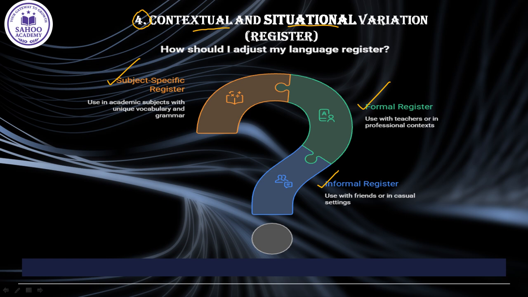Now, let's take this crucial idea into the heart of learning. This concept of register extends into every single subject in school. Each discipline has its own specialized register. Each discipline has its own way of using language that is fundamental to its very meaning. These are called subject-specific registers. Let us discuss some examples. The language of a science textbook is not just a list of facts. It is full of precise technical terms like organism, evaporation, photosynthesis, and it focuses on cause, effects, processes, and